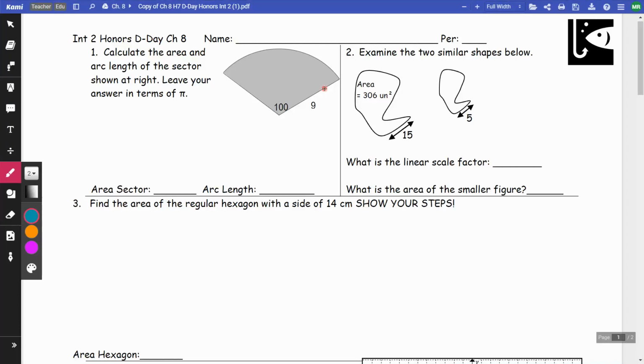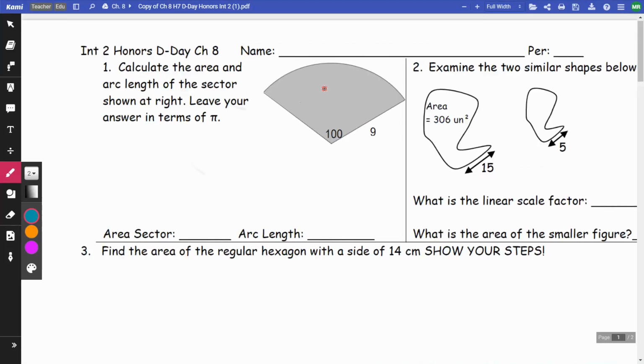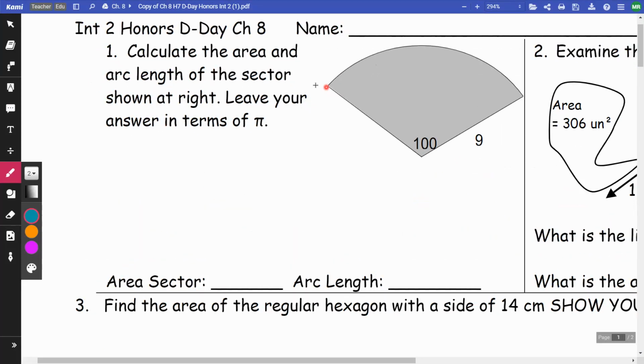So this video is on the chapter 8, D-Day number 1. So on this first problem, calculate the area and the arc length of the sector shown at the right. Leave your answer in terms of pi. So for this, the very first thing I want